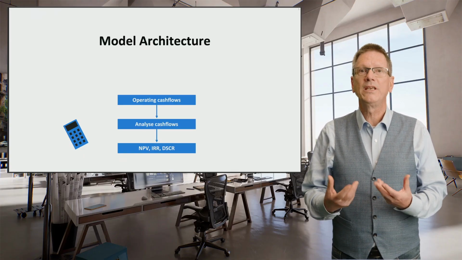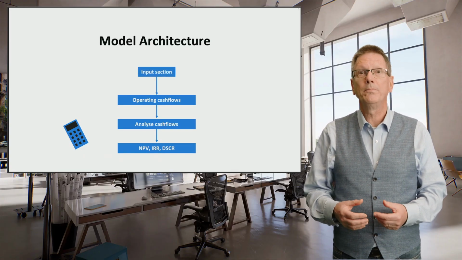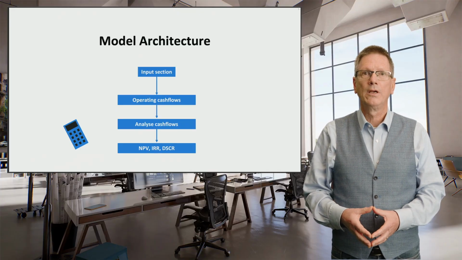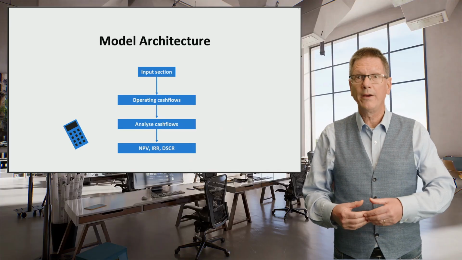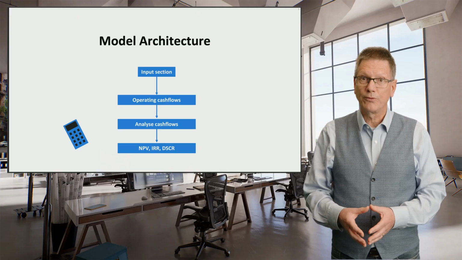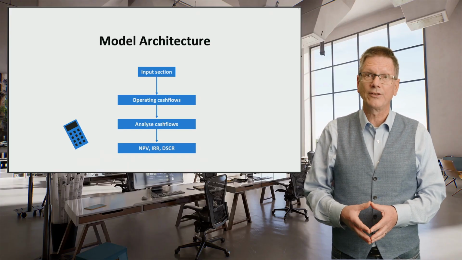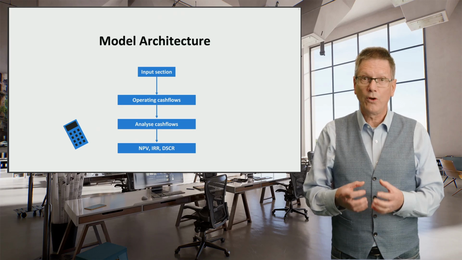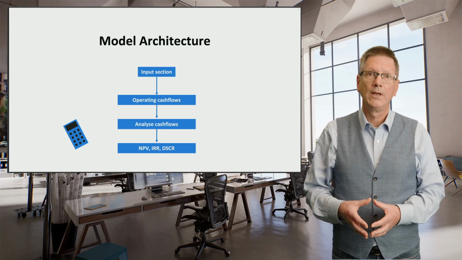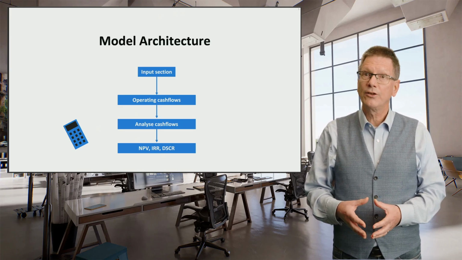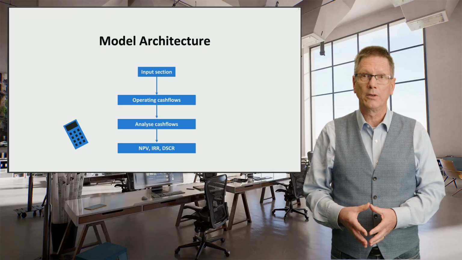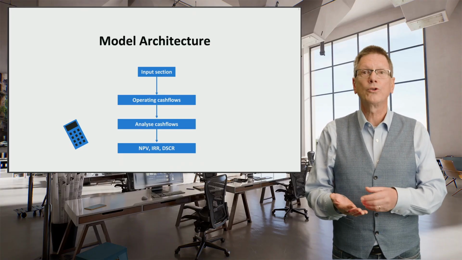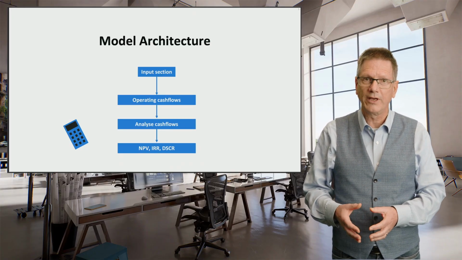The model needs to be given inputs that are required to calculate these cash flows. These inputs will drive the outputs. Getting inputs wrong will affect the financial analysis. It's therefore important to log carefully the source of the inputs that we use in the model. In large projects, this is often done in an assumptions book. This is a book that records all the assumptions and the sources that they originate from.